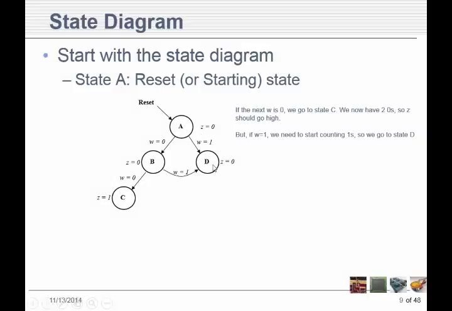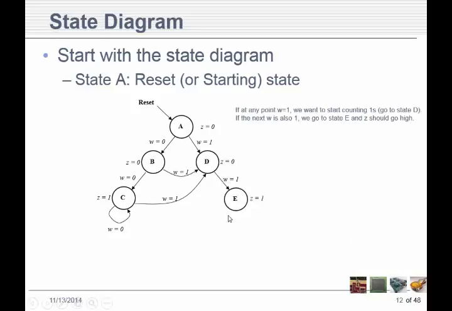So there's probably a D, there's probably an E down here. If it keeps doing 0, then we just keep Z high and stay there. If it ever goes back to 1, though, we go back to D, that state that says W has gone high once. Then if W has gone high a second time,